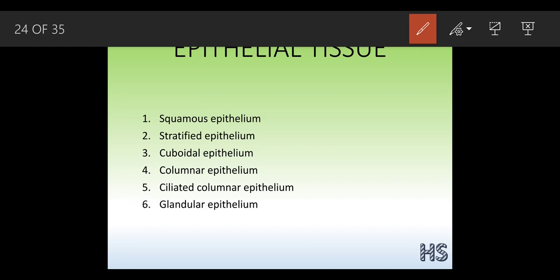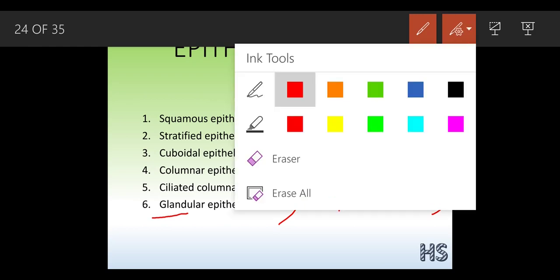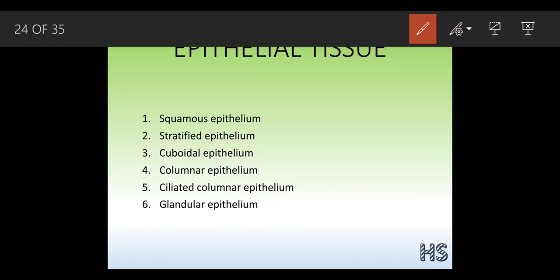Now, what do you mean by glandular epithelium? Basically, glandular, you have already heard about this word glands in your 8th standard, that is the endocrine gland. What is the work of this gland? The work of this gland is to secrete the hormones. And what is the function of these hormones? It's a chemical messenger. It helps to transmit the messages. Now let's understand one by one. This ciliated and glandular are nothing but the types of the columnar epithelium.